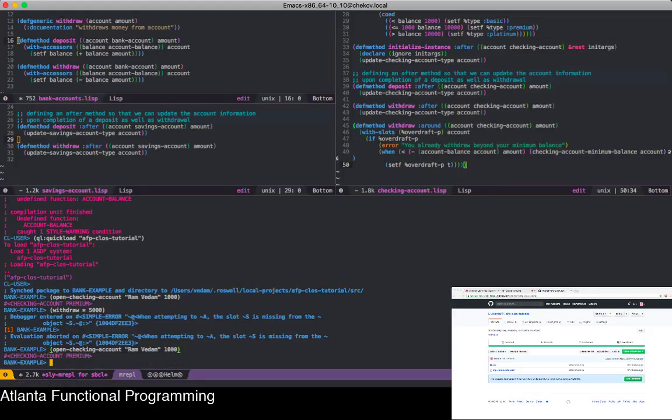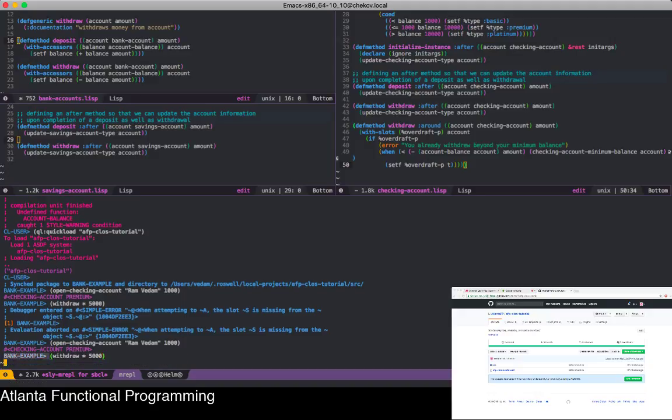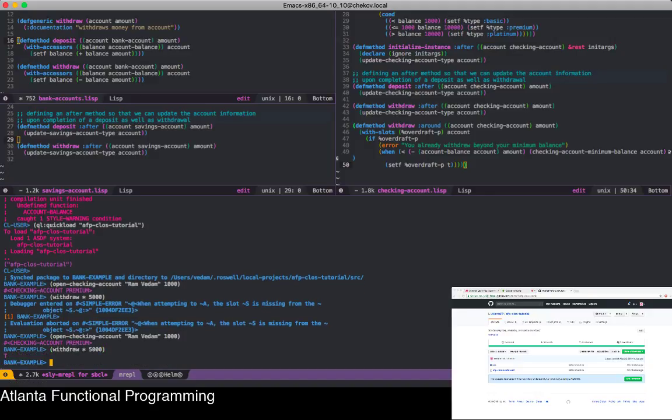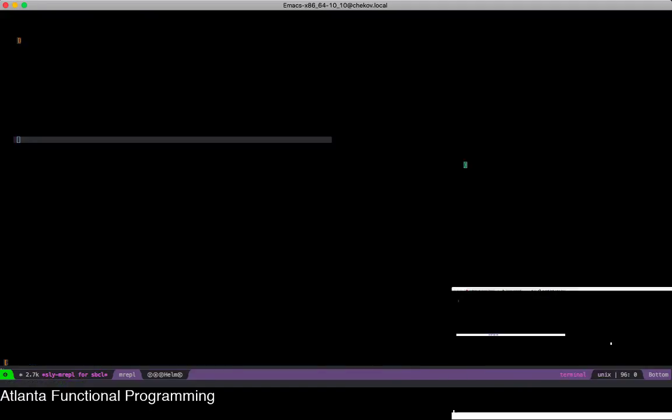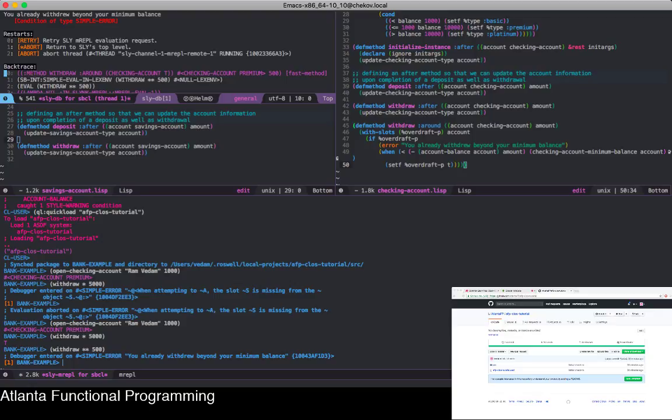We create a new account, withdraw 5,000, it sets it to true. Now, if we try to withdraw again from the same class instance, let's say 500, it should throw our error saying that you already withdrew beyond your minimum balance. So, as you can see, what's happening here is we're always executing this code, and the second thing is, and this is more important,